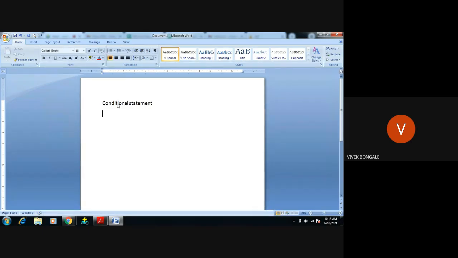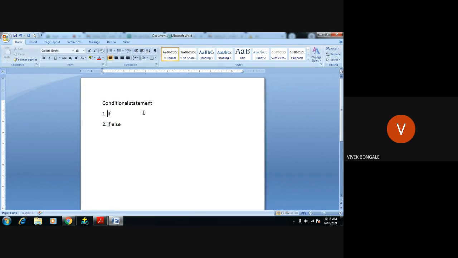So basically, we use if, else, nested if, and all of that. Here we're going to see if and if else. These are the two conditional statements widely used. We will show this example, if and if else. It's a basic conditional statement used in most every programming language. In every programming language, we're going to use these conditional statements.